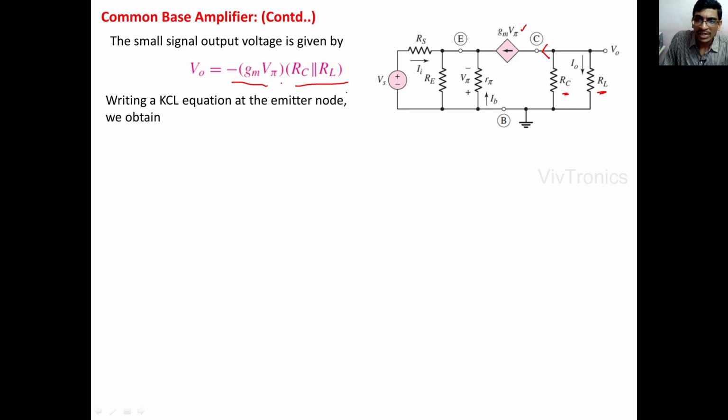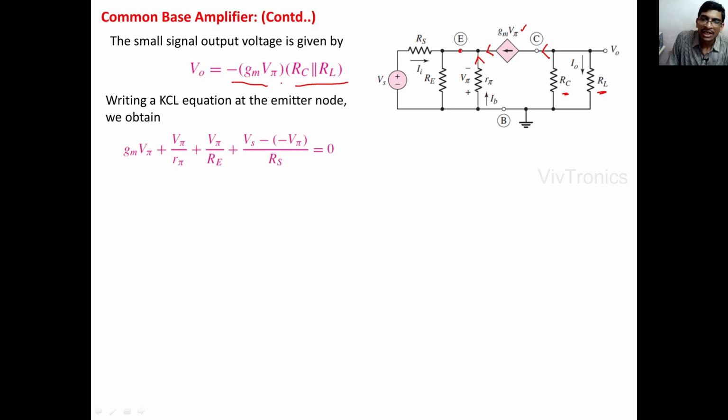Okay, now we are going to write the KCL equation at the emitter node. Therefore the incoming currents are equal to outgoing currents. Okay, when we apply the KCL at this node, we can get one incoming current gm V pi from the right hand side to the left hand side, plus the current in this R pi resistance which is also the incoming current because the IB direction is like this.